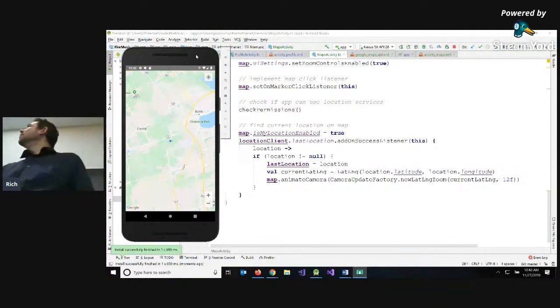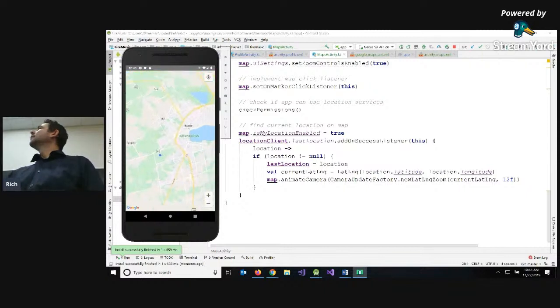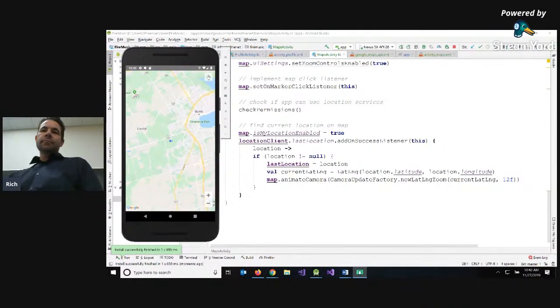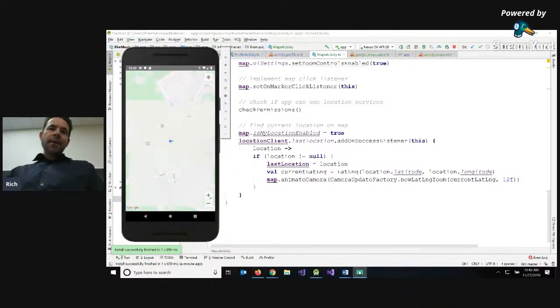So now when I start it, you notice it zooms me in here to Barrie, and I also have the ability to set my location. I already have a last location in my emulator, and if I click my current location, it doesn't actually take us... that's interesting. Notice where it is. If I zoom in, it takes me into Barrie, but somewhere over here in the southwest end of town, it doesn't actually take me